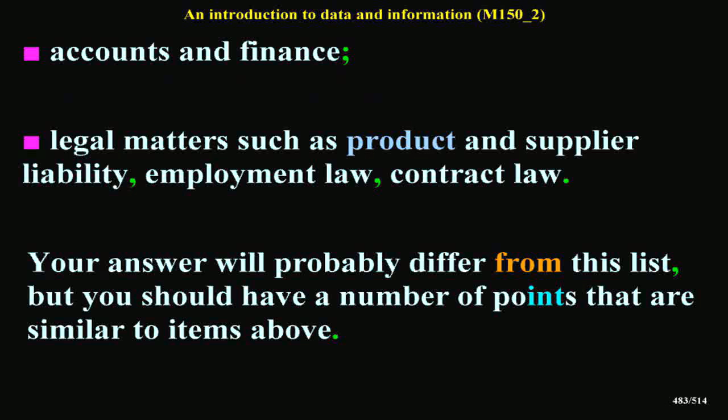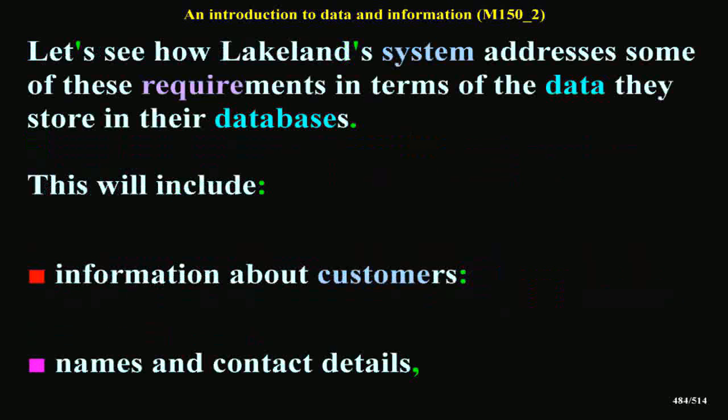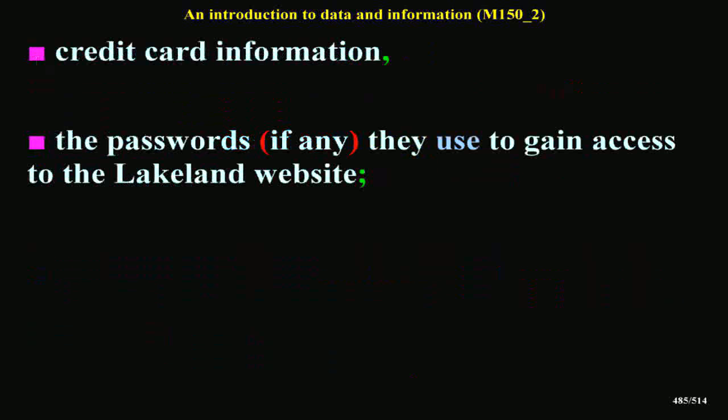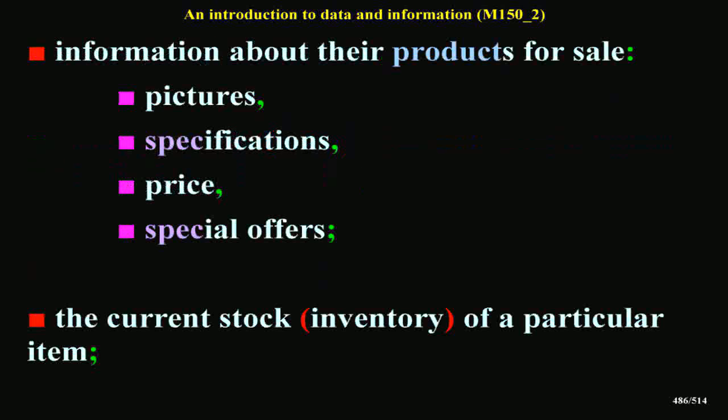Your answer will probably differ from this list, but you should have a number of points that are similar to items above. Let's see how Lakeland's system addresses some of these requirements in terms of the data they store in their databases. This will include information about customers, names and contact details, credit card information, the passwords, if any, they use to gain access to the Lakeland website, information about their products for sale, pictures, specifications, price, special offers,